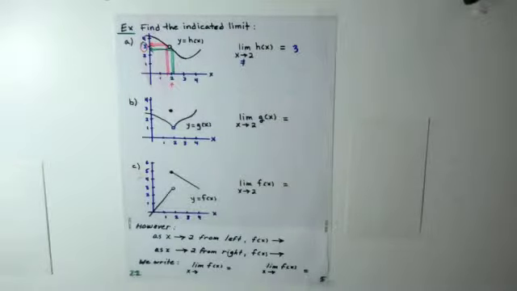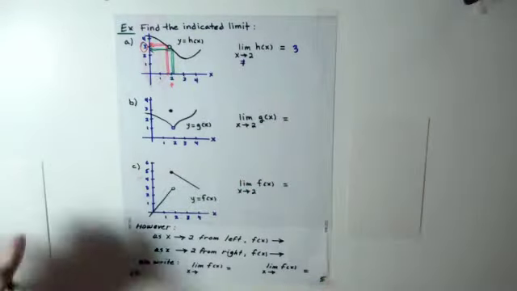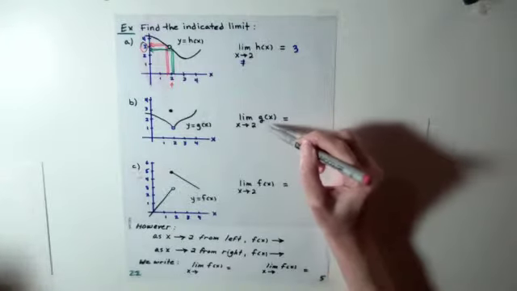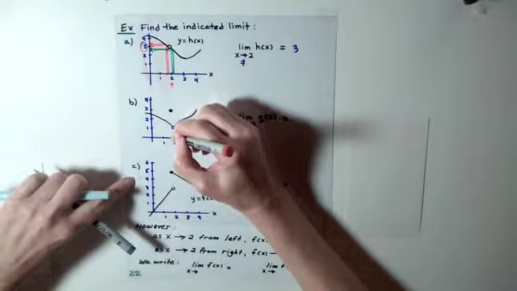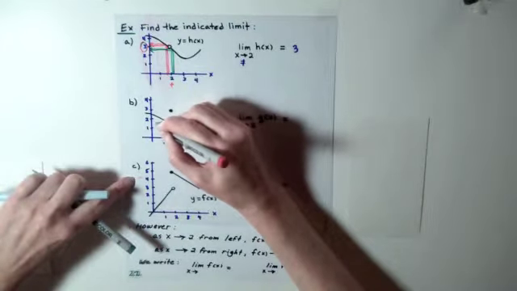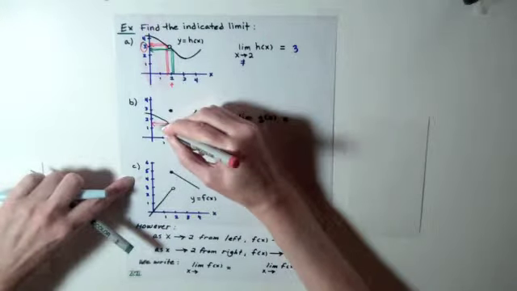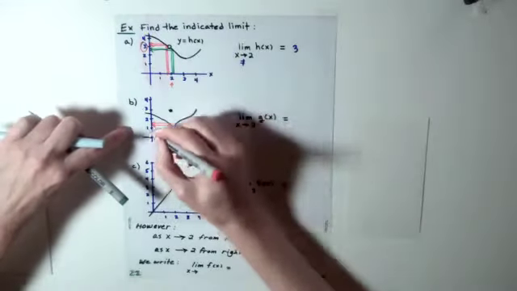Okay, so hopefully you've had a chance to think about those parts B and C. Let's see if we can do them together. Same exact idea. Here I have a new function y equals g of x in part B. Again, I want the limit as x approaches 2 of this function g of x. So I choose values that are a little bit to the left of 2, go up to the graph and over. And the closer I get to 2, the closer these output values on the y-axis seem to be collecting